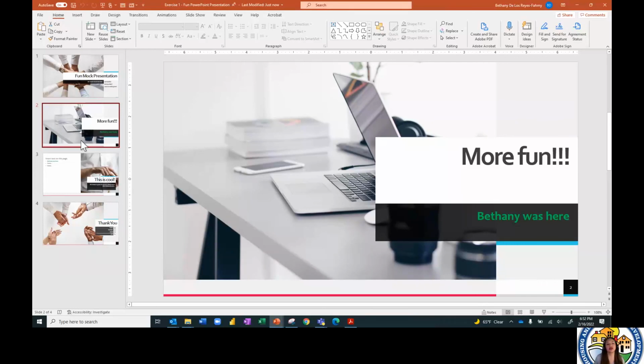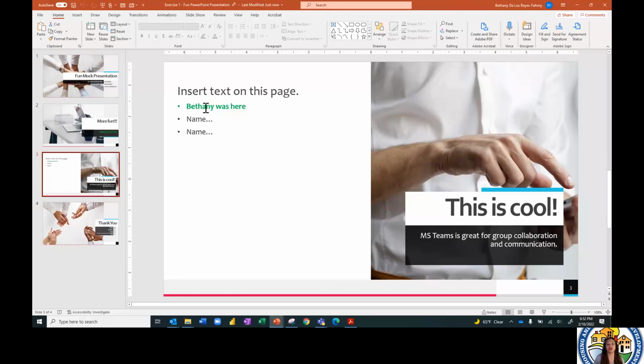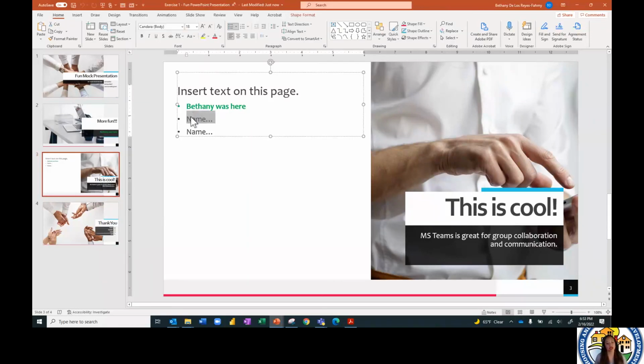Here's Bethany was here on slide 2. Bethany was here in slide 3. To demonstrate this is syncing back and forth. Again, I'm in the desktop view. We're going to try that again in Teams, but this time be in the online view. And I'm going to say Bethany too was here. Okay, so you can type in something similar with your name, but I'm going to change